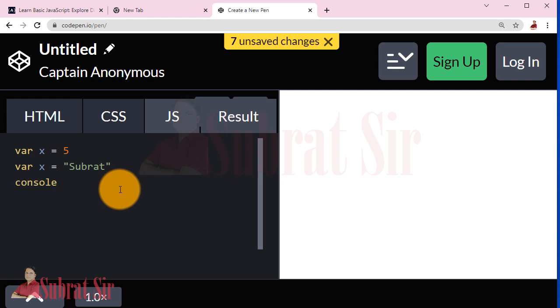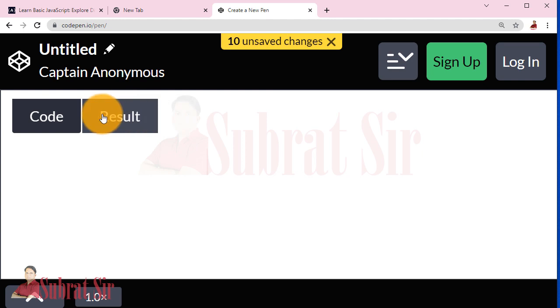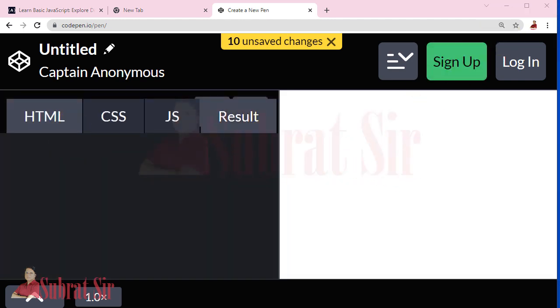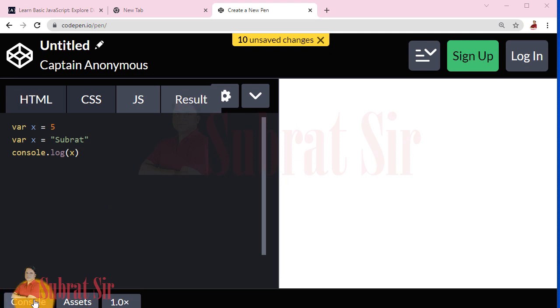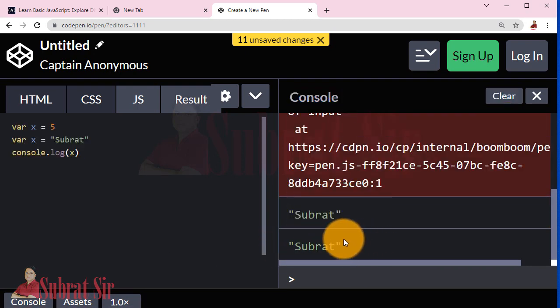So let us print this one, console.log x. Okay, so we will get the output on our console. So click here on console and see it is saying Subrat.